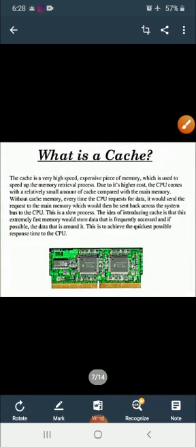Cache memory. Cache here is pronounced as "cash". Cache memory is a very high speed memory. It is inserted on the motherboard or made a part of the CPU. The advantage of cache memory is that the CPU does not have to use the system bus of the motherboard for data transfer, and thus it makes the processing speed much faster.